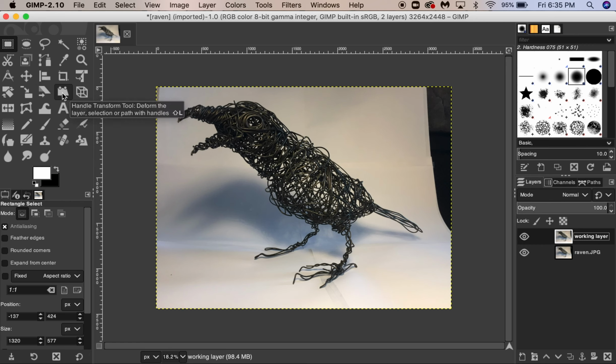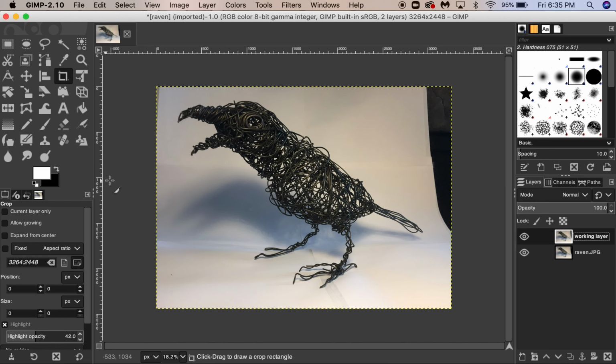But you can see what happened when I held my cursor there for a little bit longer. A tooltip will appear that tells you exactly what any given tool is. So if you're lost and you're like, where is the crop tool? Just kind of hover over until you find the one that says crop tool. The crop tool in GIMP does look like it looks in pretty much every photo editing program, two sort of intersecting L-like shapes. All right, so I'm going to go ahead and select that crop tool,